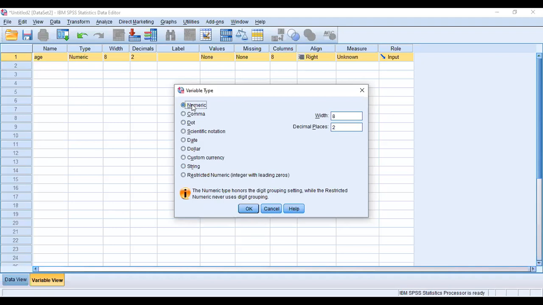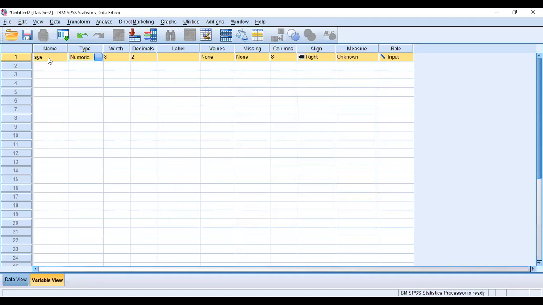Numeric means, as the name suggests, numbers. Strings are your qualitative, categorical variables. Numeric is your continuous and quantitative variable. Strings are your discrete or qualitative variables. So we have entered the first variable, which is age. Then we write numeric.